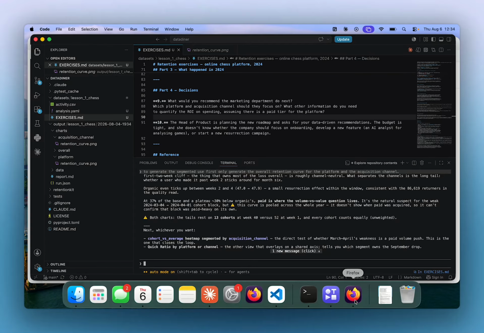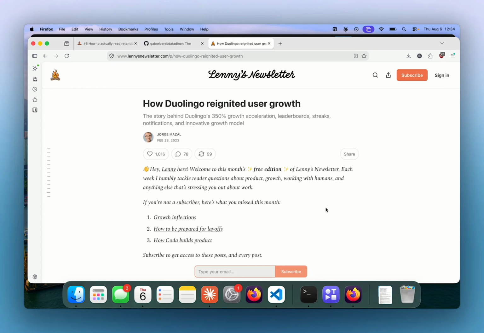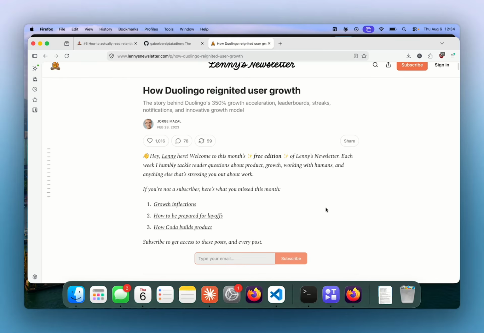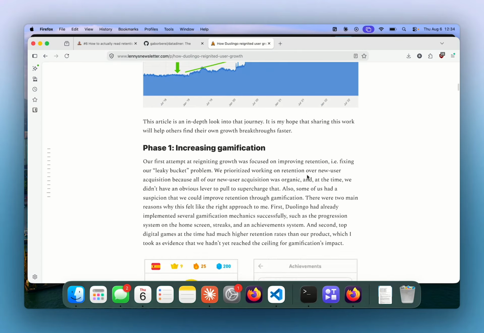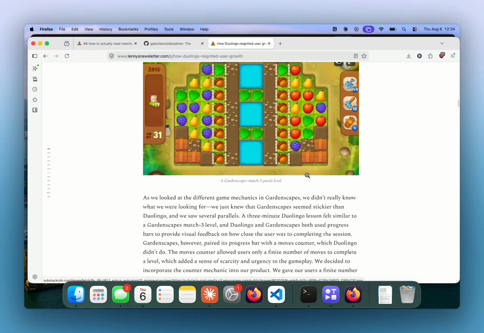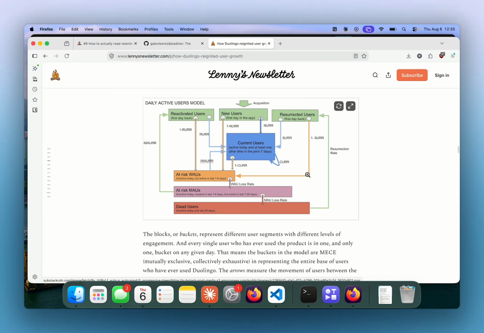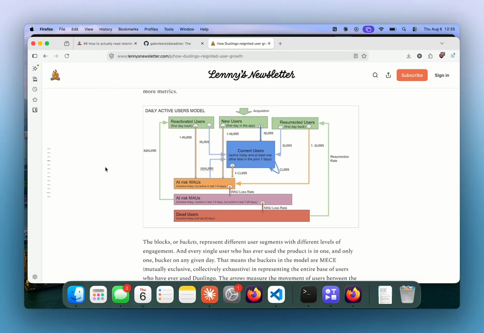There is a really famous article about how growth models work on Lenny's newsletter, which was the most read article, and basically we will implement this specific model, where we will group the users into various user buckets, what we had with the user lifecycle bar chart, and we will calculate various new metrics like the new user retention rate and the current user retention rate, and we will build a simulation where we will quantify the various scenarios so we can answer this question properly for the head of product and choose the best alternative